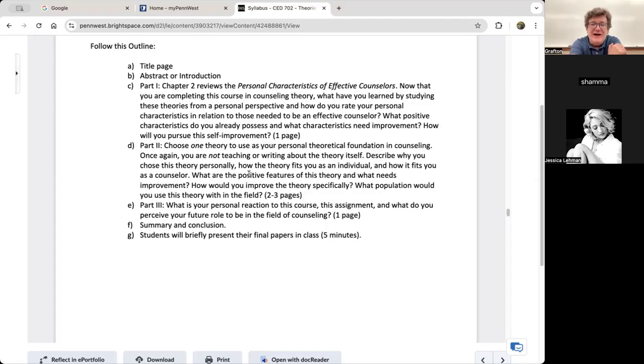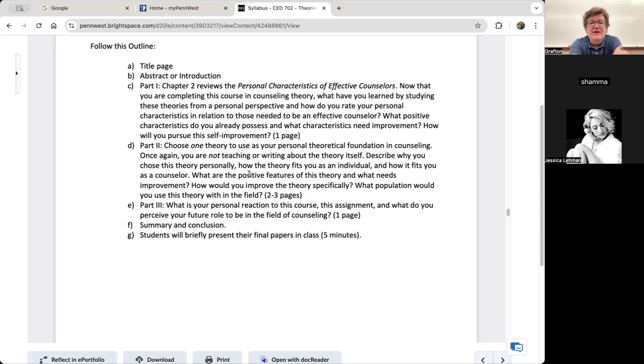Choose the one you like best. I know this theory might change. You might change your preference of theory later on. Just because you pick this one theory doesn't mean you're stuck with it. You might find something else later on. Or you might use multiple theories. And that's fine.